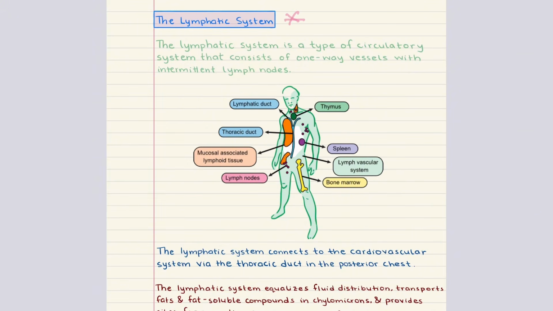lymphatic system. The lymphatic system is a specialized circulatory network that runs alongside the cardiovascular system. But instead of forming a closed loop like blood vessels, it's made up of one-way vessels that carry a fluid called lymph. Along these vessels are small checkpoints called lymph nodes, where immune cells can monitor for any signs of